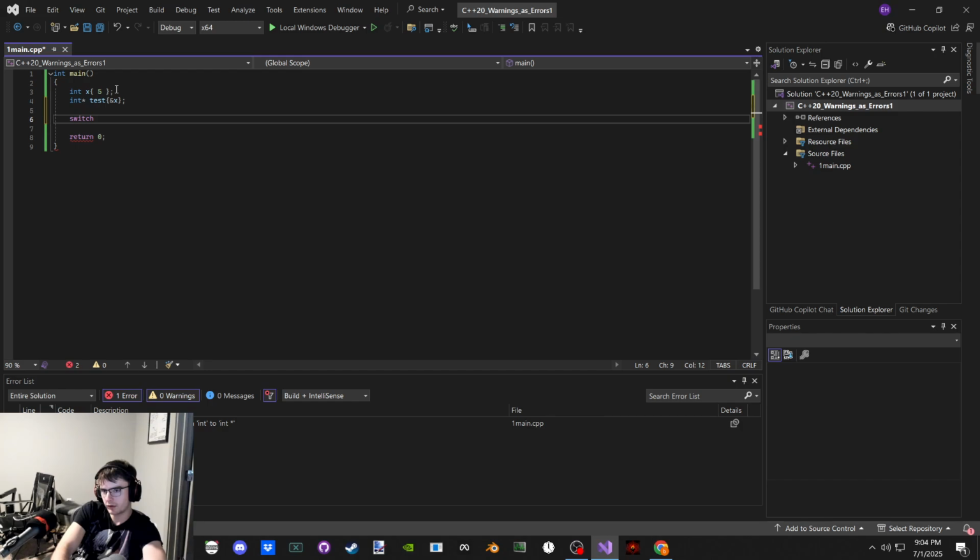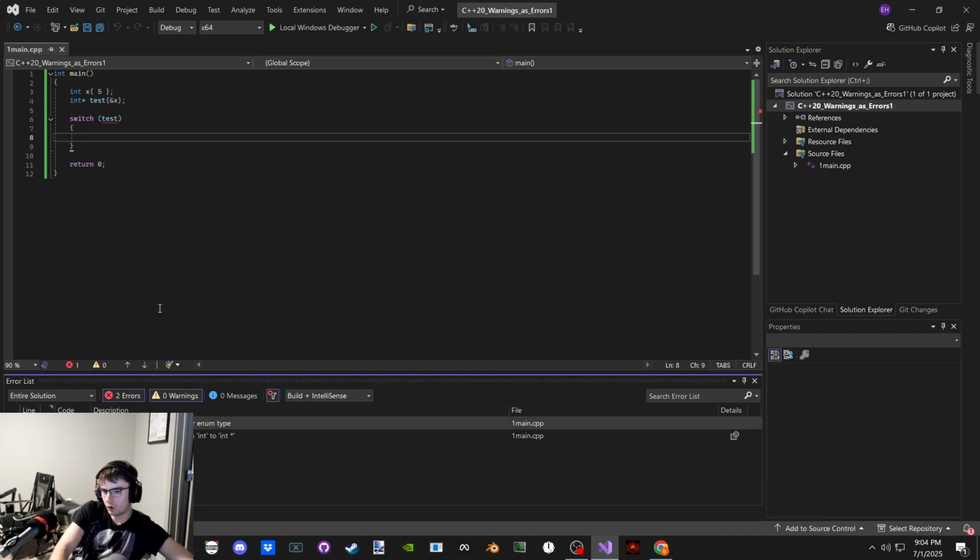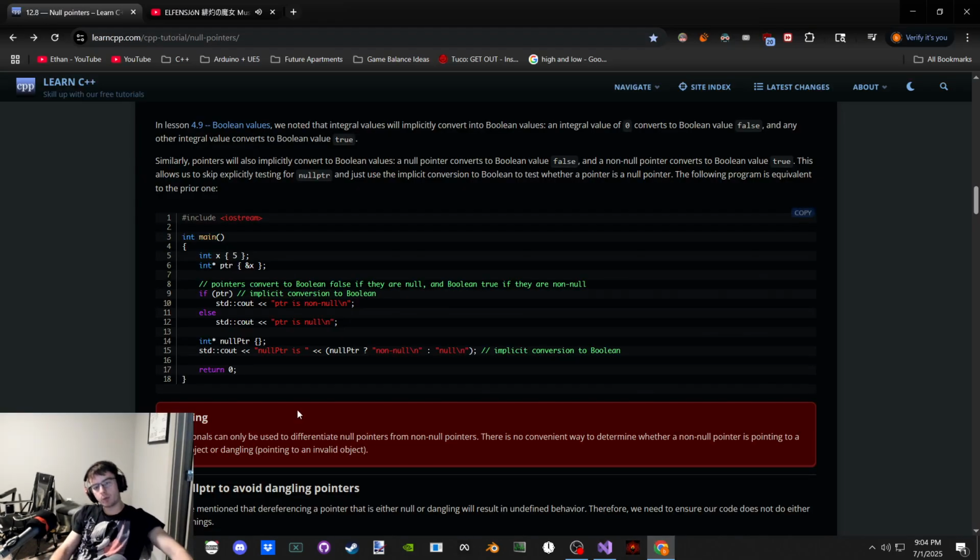Oh, here it comes. Watch this. No issues? We're about to have one. Uh-oh. Integral or enums. That's all we can switch on. Can't do a float, nor can we do a pointer.